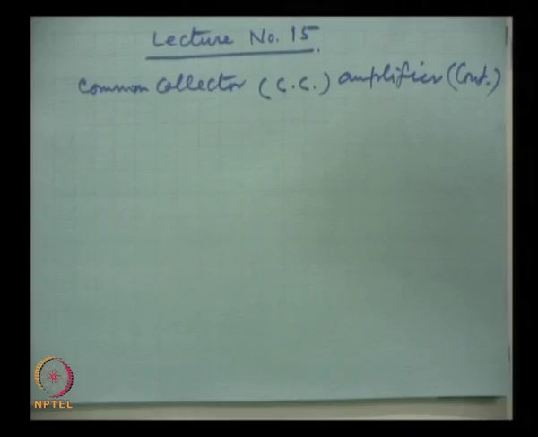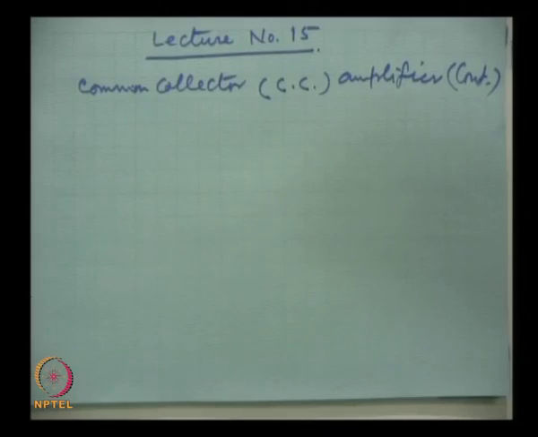Continue our analysis of the common collector amplifier. I explained, and now we will see why this common collector is called the emitter follower. We were doing the r parameter analysis, that is the resistance parameters analysis of the small signal amplifiers, and we arrived